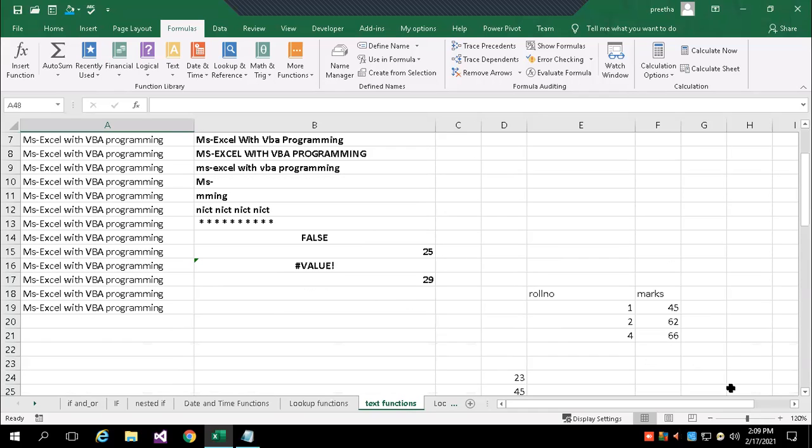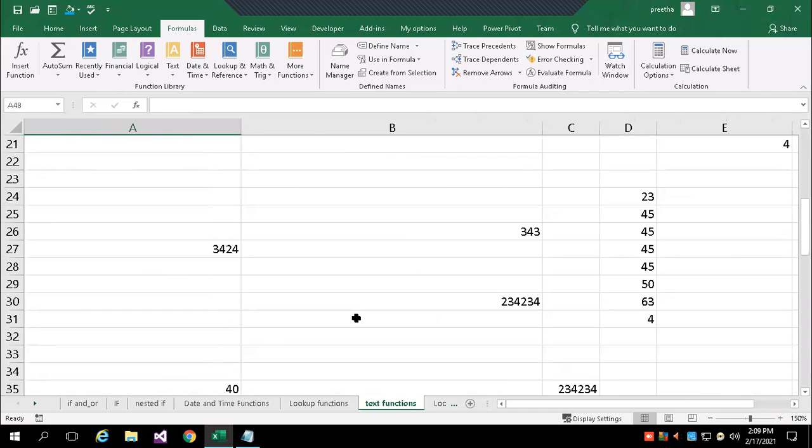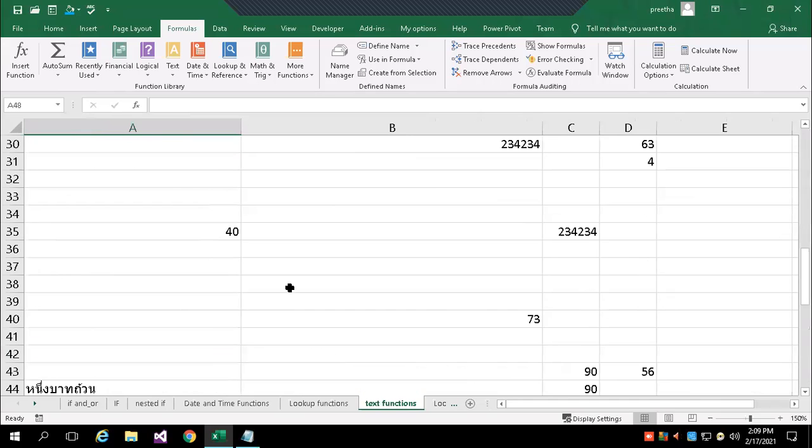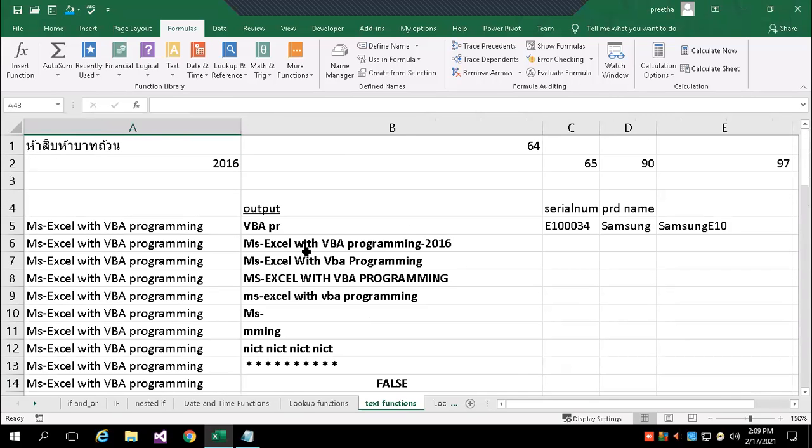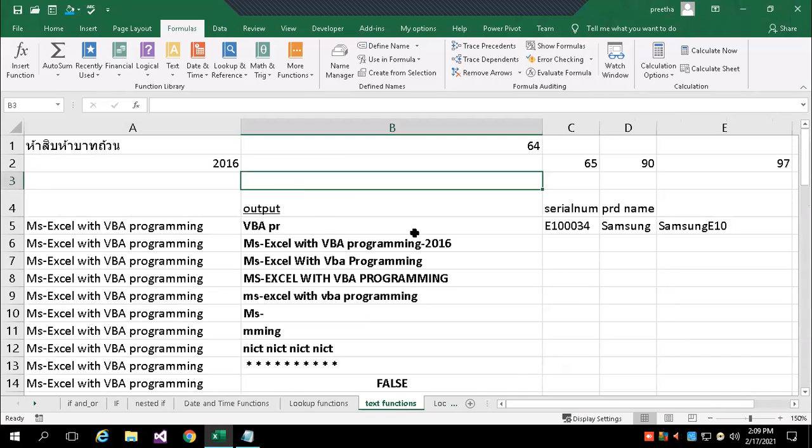Let's say an example: suppose in a cell I type MS Office 2016 and in the middle I add a hyphen. Now I can say this is one text data which includes small alphabets, capital alphabets, a symbol, space and numbers. Together we call it text data.